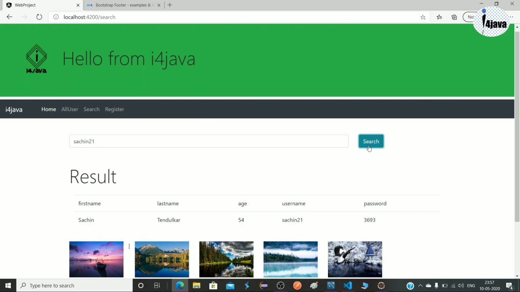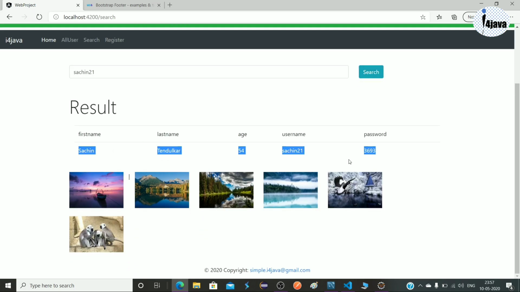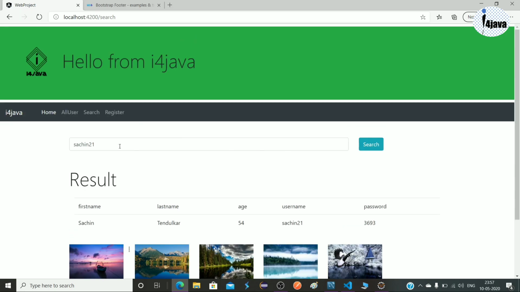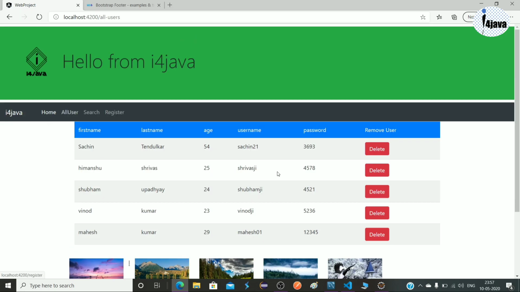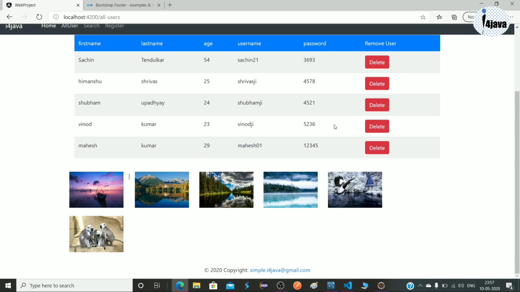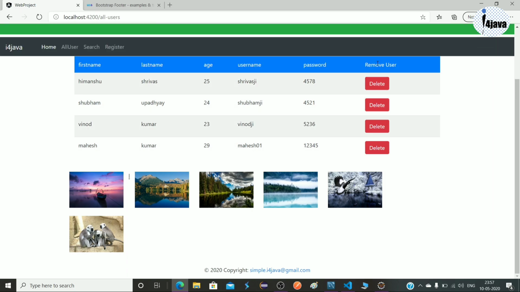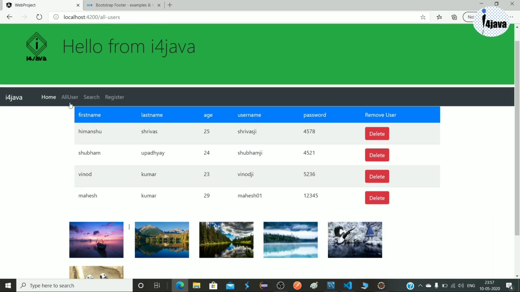So now we are successfully able to retrieve the records by username. So this functionality is also working well. Now suppose we want to delete any data, suppose I want to delete Sachin. Just click simply on the delete button. Okay, it is deleted. So our delete functionality is also working well.